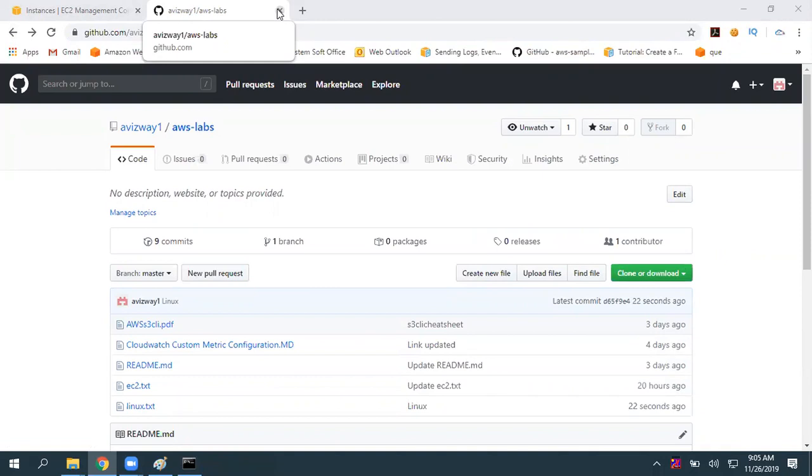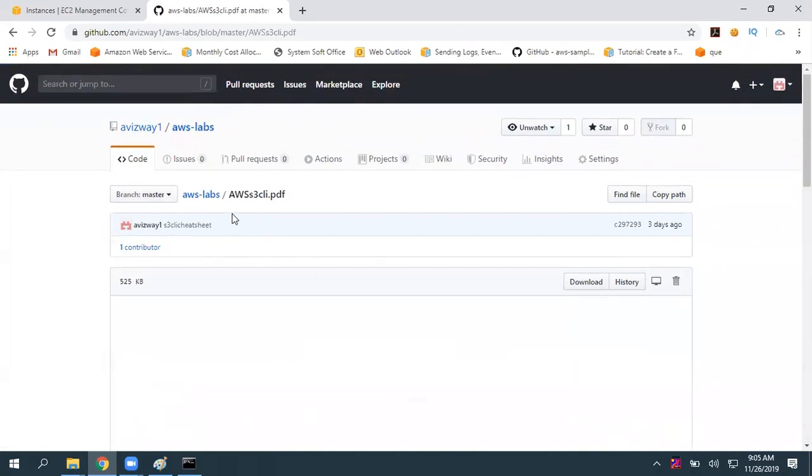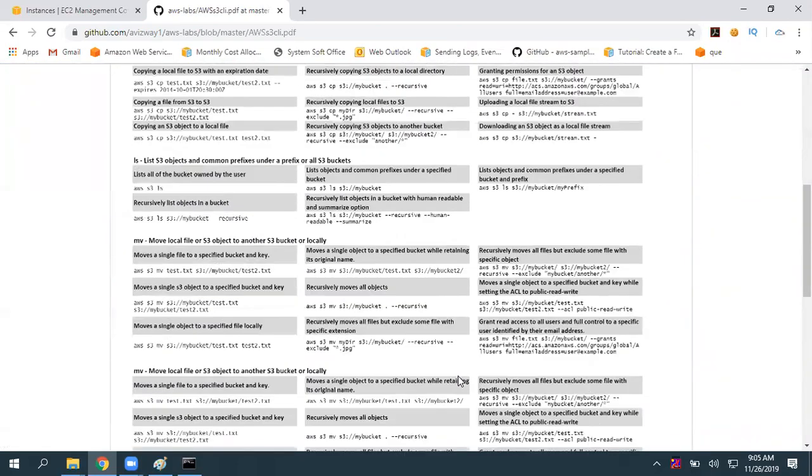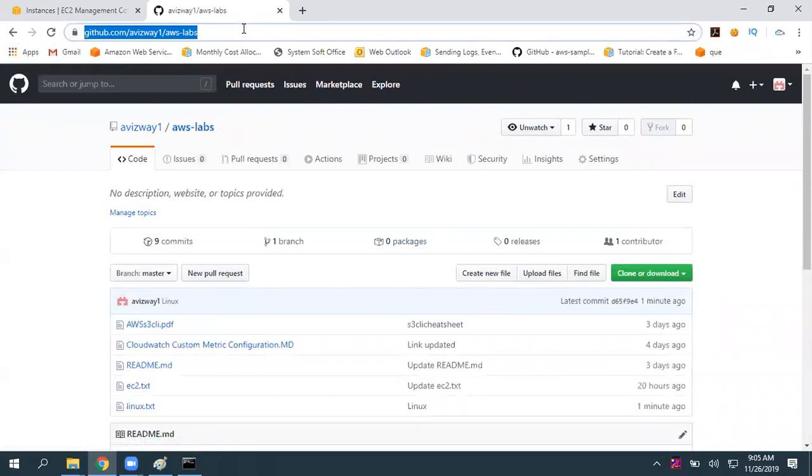Today I'm going to upload the Linux commands document. In our coming sessions, we are going to discuss the AWS S3 CLI, so that CLI cheat sheet will also be available here. Whatever I want to make available for you guys, I'm going to simply upload to this GitHub account. It's a public repository, so you can download it. And if you are curious to know what Git is, or you want to learn DevOps tools, there is a playlist on the channel you can go through.